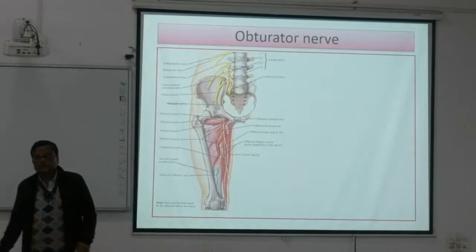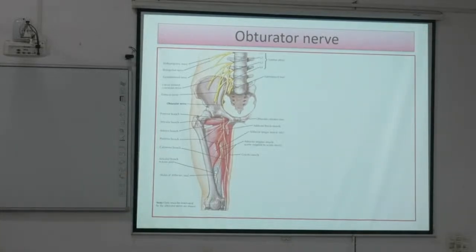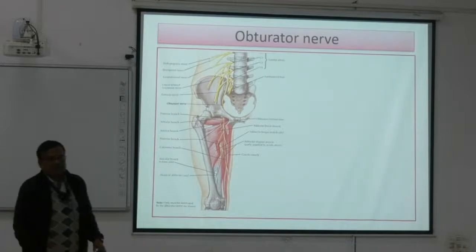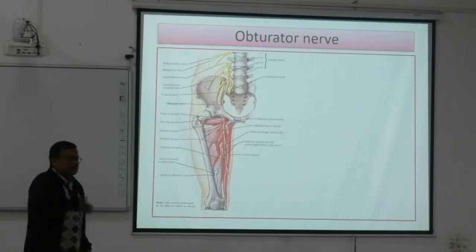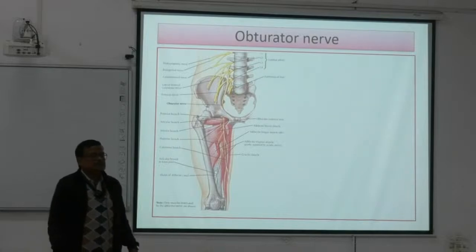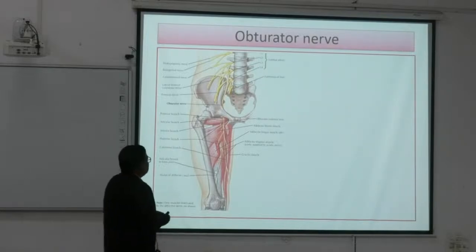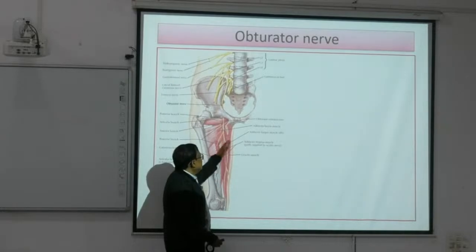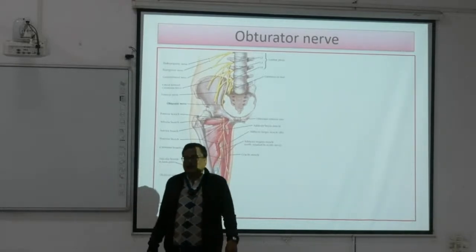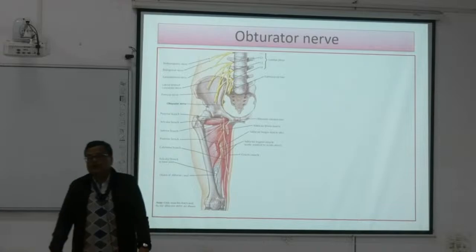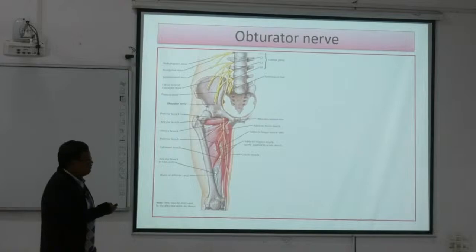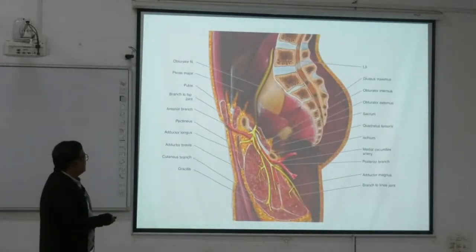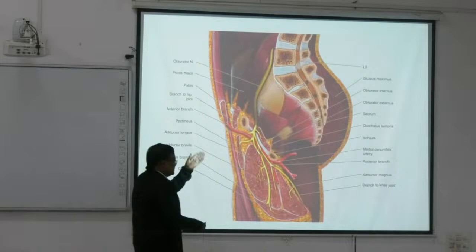এরপরে নেক্সট নার্ভ যেটা হচ্ছে অবটুরেটর নার্ভ. Obturator nerve is formed by the ventral division of the L2, L4 nerve. It comes out under the lateral border of the psoas major muscle, under the inguinal ligament, and enters the medial compartment of the thigh. And again it divides like a femoral nerve into anterior and posterior division. খুব ডিটেলস পড়ার দরকার নেই। আমি এটা স্যাজিটাল সেকশন।